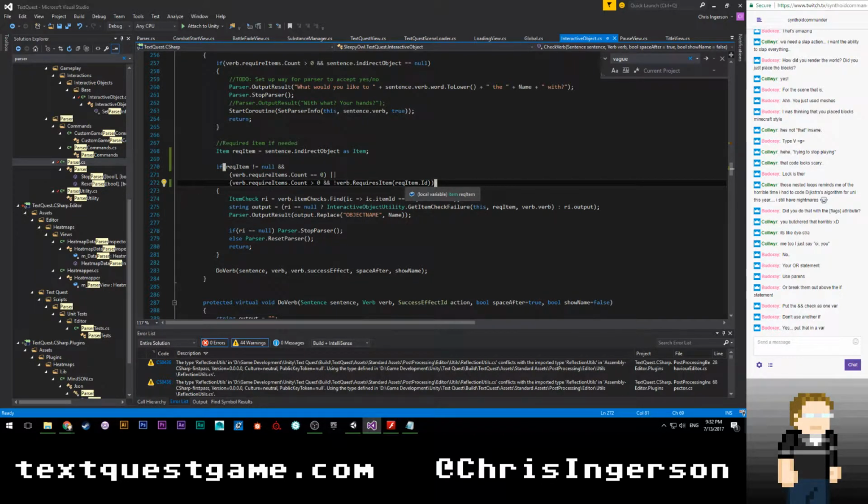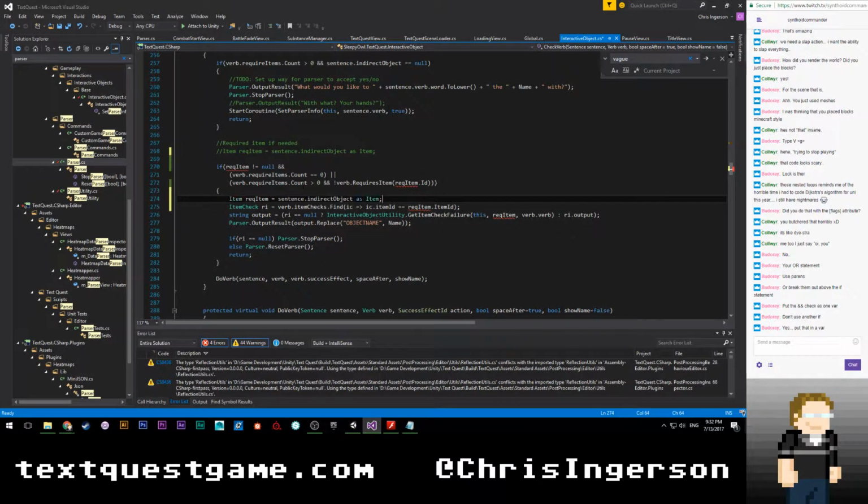Oh no, it's still gonna break, isn't it? Is indirect object interactive object? It is. Okay. Then I'm going to instead change this to, I guess just get rid of this. All right. I'm actually going to move this into here. And I'm going to change this. I'm going to replace this with that. There. I think that should work. All right. I don't need to use another if.